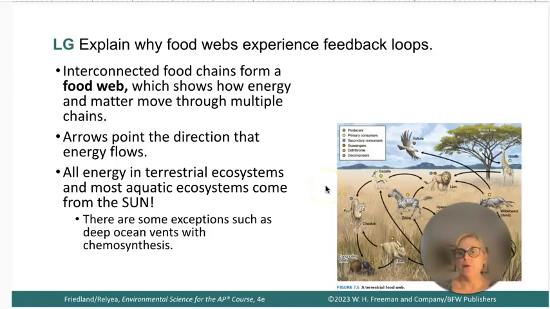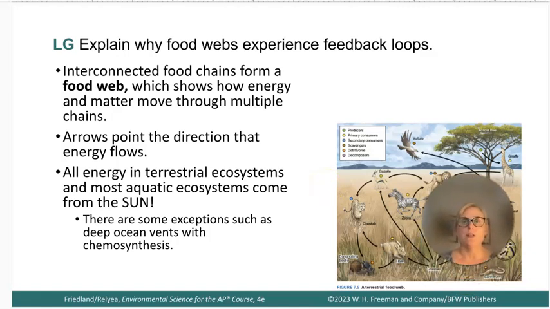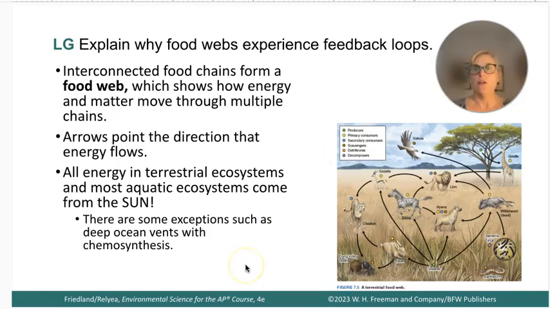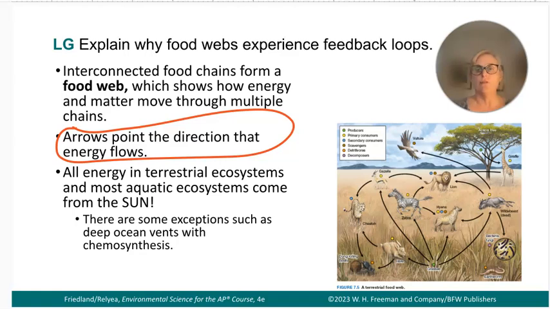Okay, so a food web shows the interconnections between energy and matter in food webs. So, well, a food web really shows energy. If you have your matter there, matter is also moving, but the energy is not lost. So you can see that matter goes also with the arrows. But in a food web, you need to understand this part right here. So the most important thing to understand in a food web, because we're really mostly talking about energy in food webs, is that arrows point the direction that energy flows.